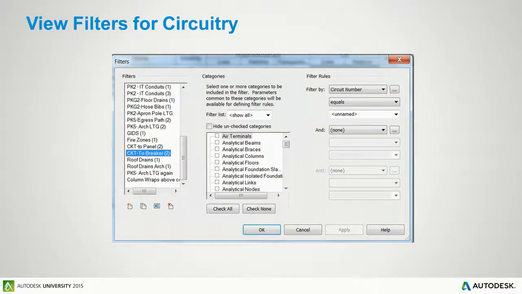Yes? Oh, I was just wondering, this filter, is this for your panel schedule or for your drawing? It's for the floor plans. How do you get